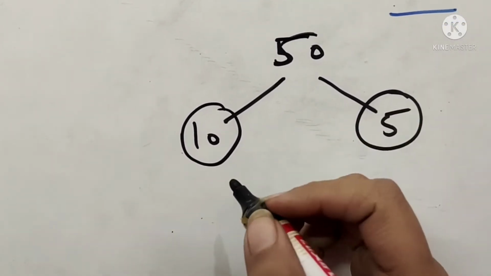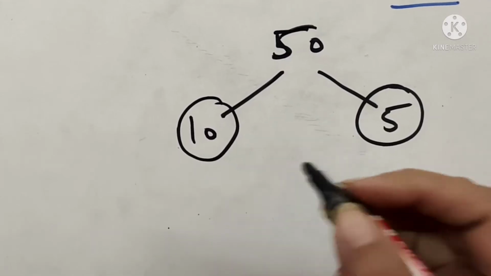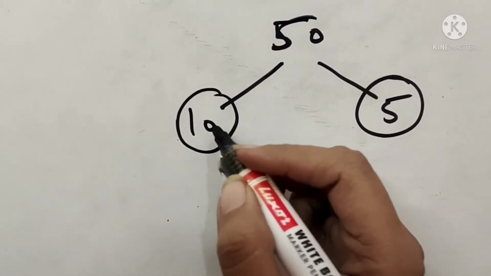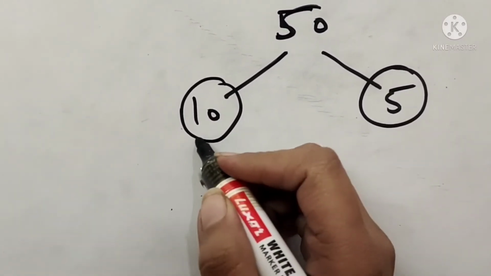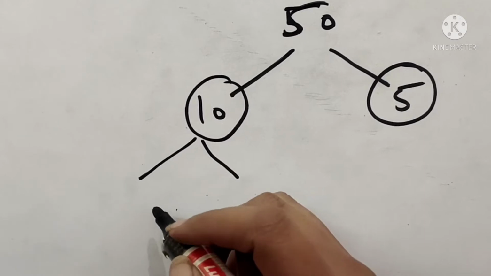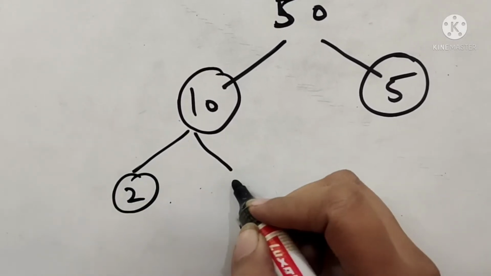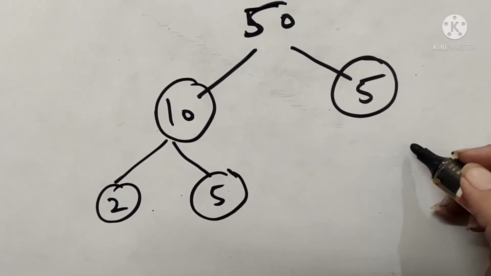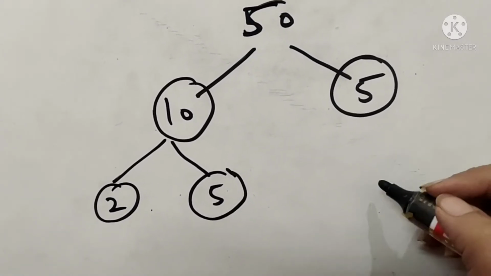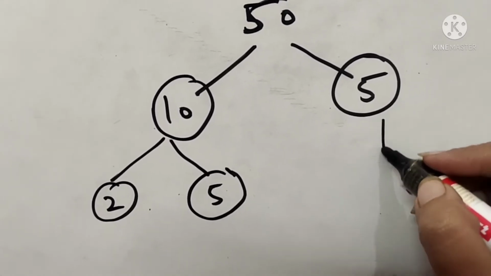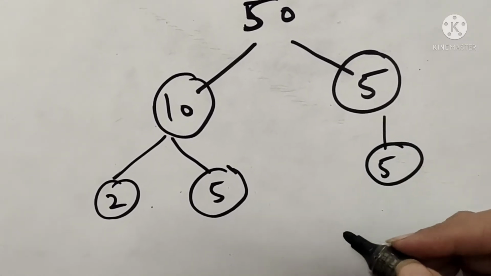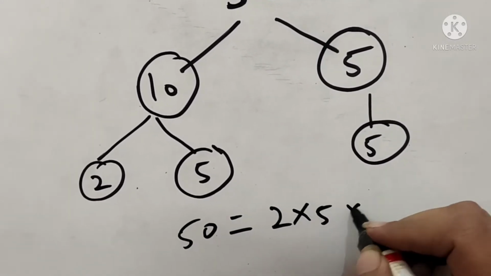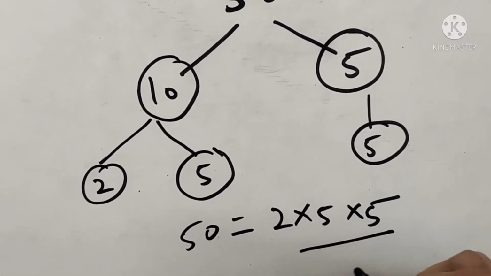So 50 we can divide into 10 into 5, because 10 into 5 is 50. That means two of the factors are 10 and 5. Now we have to see if the numbers which we have separated can be further divided into their lowest factors. Can we write 10 as 2 into 5? Yes, we can. Similarly, can we write 5 in any way except 5 into 1? No. So we'll carry down 5 as it is. That means we can split 50 in the form of 2 into 5 into 5, that means in the form of all of its prime factors.